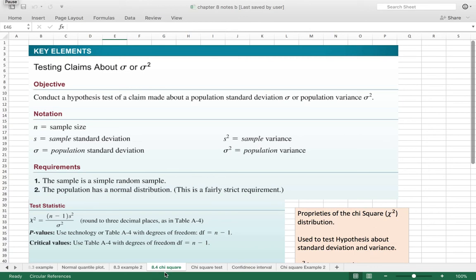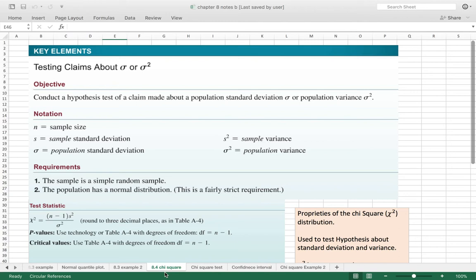Okay, everyone. We've been learning in Chapter 8 how you can use sample statistics to test hypotheses about population parameters. And we learned in 8.2 that you could use a normal curve to test hypotheses about the population proportions. And in 8.3, we learned that you could use a t-curve to test hypotheses about the population mean. Now we're going to use another distribution called a chi-squared distribution to test hypotheses about the population standard deviation and